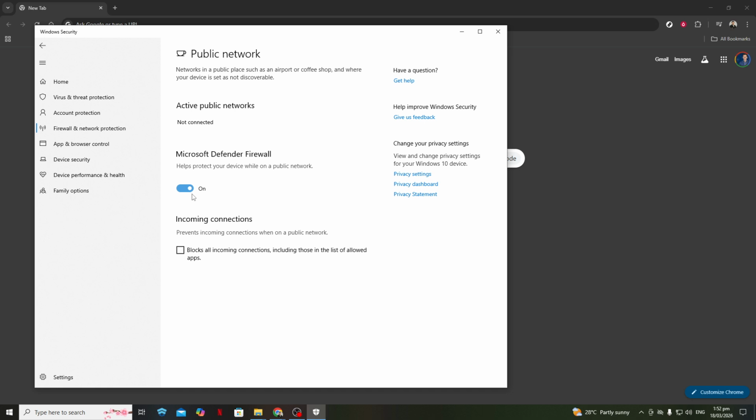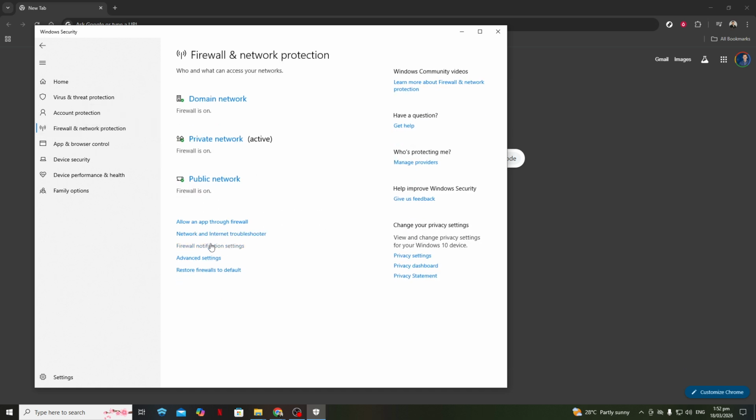If you need to change more than one profile, for example, both private and public, go back to the Firewall and Network Protection page and repeat the same toggle for each profile you use. Keep in mind that the firewall state is per profile, so turning it off on one doesn't automatically turn it off on the others. When you've finished troubleshooting or testing, return to the same profile and toggle Microsoft Defender Firewall